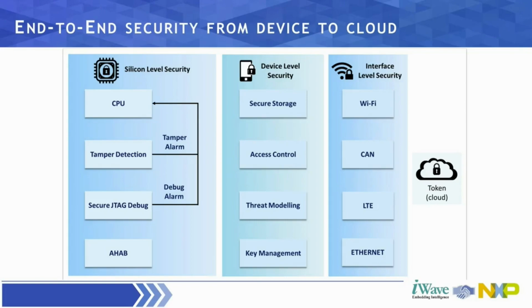And last is in terms of the connectivity to the external world, where you have interfaces such as your CAN in your connected automotive, or Ethernet in your industrial application, or in IoT devices, you have the various wireless connectivity options such as Wi-Fi and LTE. So these are the various layers where you need to take key consideration of security in your product design.